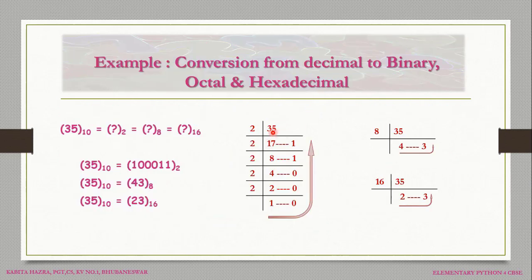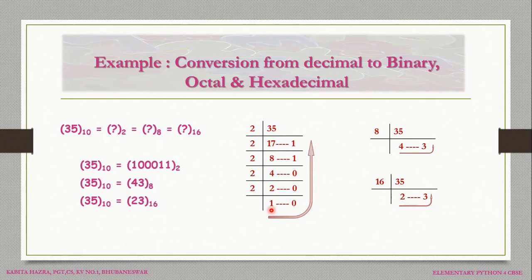Suppose we want to convert 35 into binary, octal and hexadecimal. To convert it to binary, we have to divide it by its base, that is 2. So when we divide 35 by 2, the quotient is 17, remainder is 1. Again we repeat the process, divide it by 2, quotient is 8, remainder is 1. Again we divide, quotient becomes 4, remainder is 0. Further dividing, quotient becomes 2, remainder 0. Further dividing by 2, we get quotient as 1, remainder as 0, where we see that no further division is